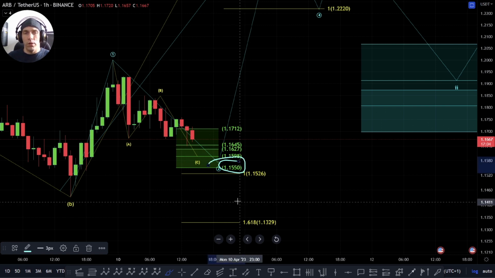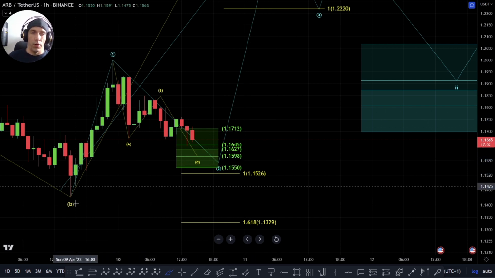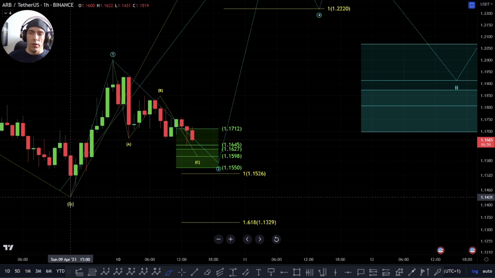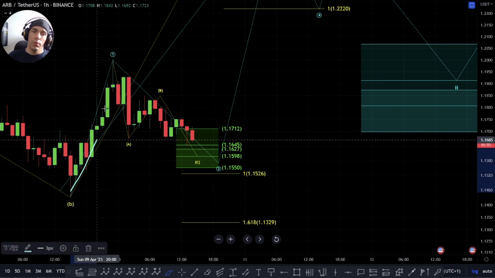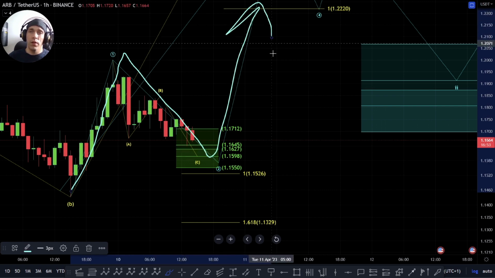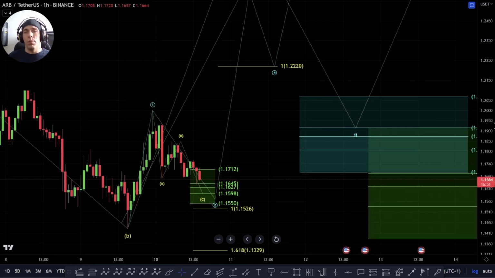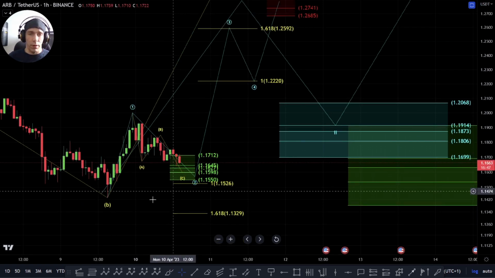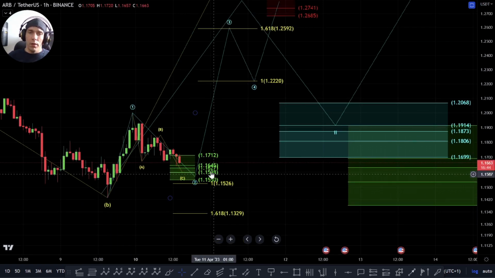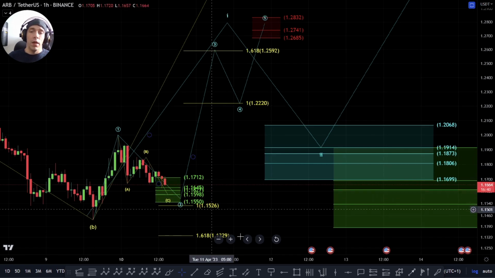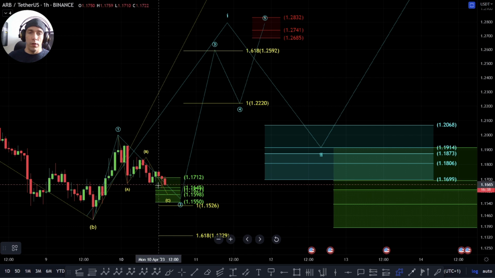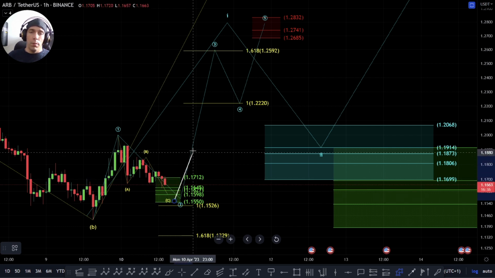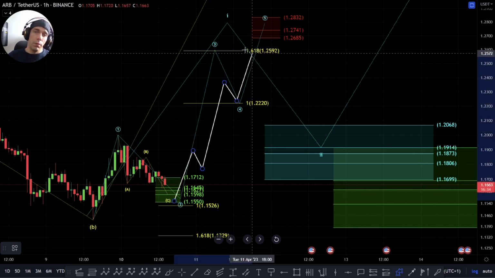You don't really want to lose this area, otherwise it becomes more likely we're going to see this move break down. If we hold this $1.1431, we can look for this possibility of a direct push to the upside, but the move needs to prove itself basically. So the first part of that is maintaining this low. The second part of that is maintaining the support zone, and then from there, what we want to see off the back of this is, once we find a low down here, a 5-wave structure pushing us